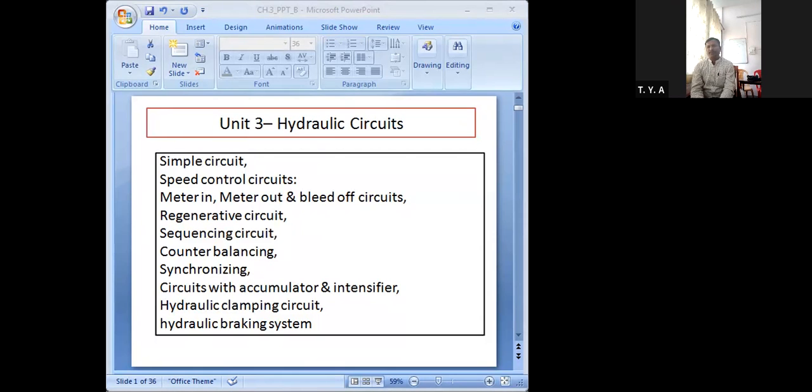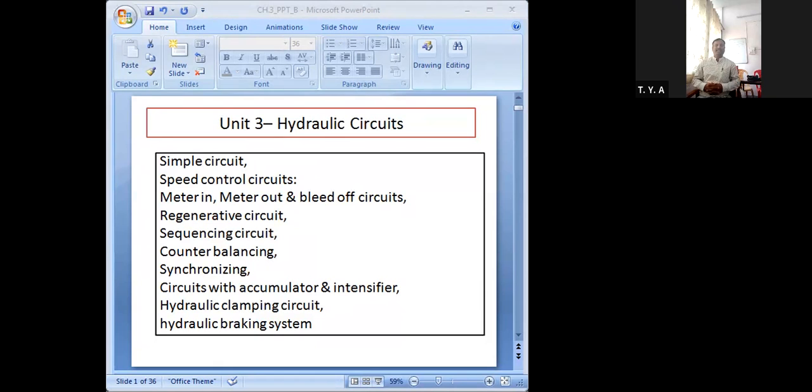So there are 4 important factors that should be considered while designing any fluid power system. Why am I taking its name as a fluid power system? Because these points are common for hydraulic circuit or hydraulic system as well as the pneumatic circuit or pneumatic system. So the factors to be considered while designing the fluid power system: first comes the safety of the operation, then performance of the desired function, then efficiency of that operation, and last comes the cost. So these are the factors to be considered.